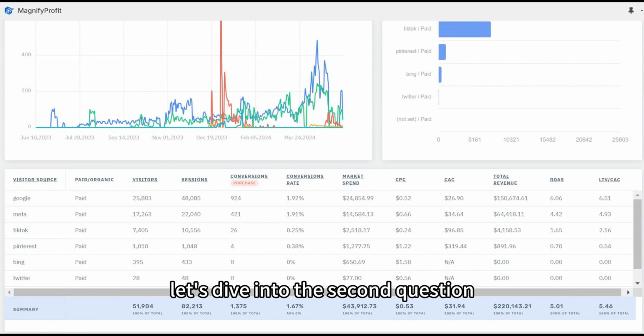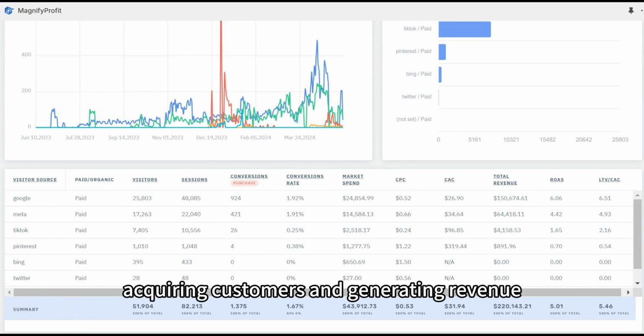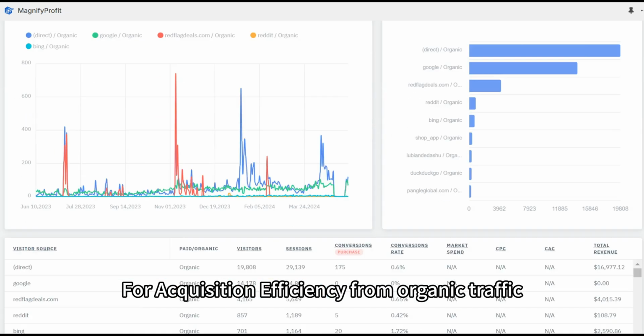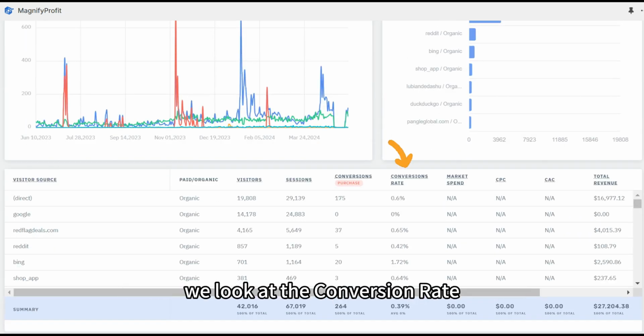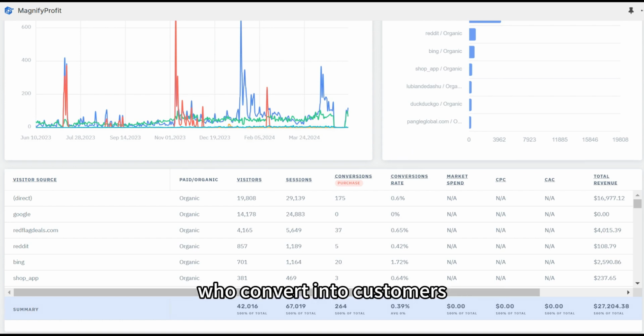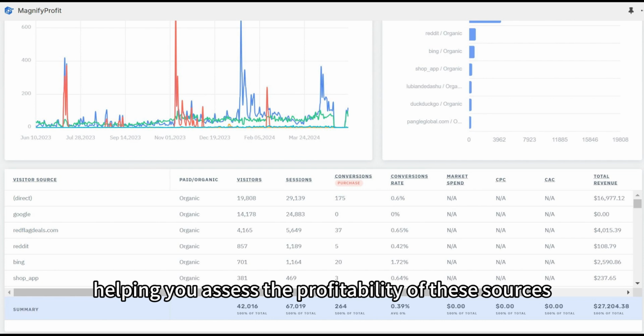Now let's dive into the second question: how effective different sources are at acquiring customers and generating revenue. For acquisition efficiency from organic traffic, we look at the conversion rate, which indicates the percentage of visitors who convert into customers. We also examine the total revenue generated by customers from organic traffic sources, helping you assess the profitability